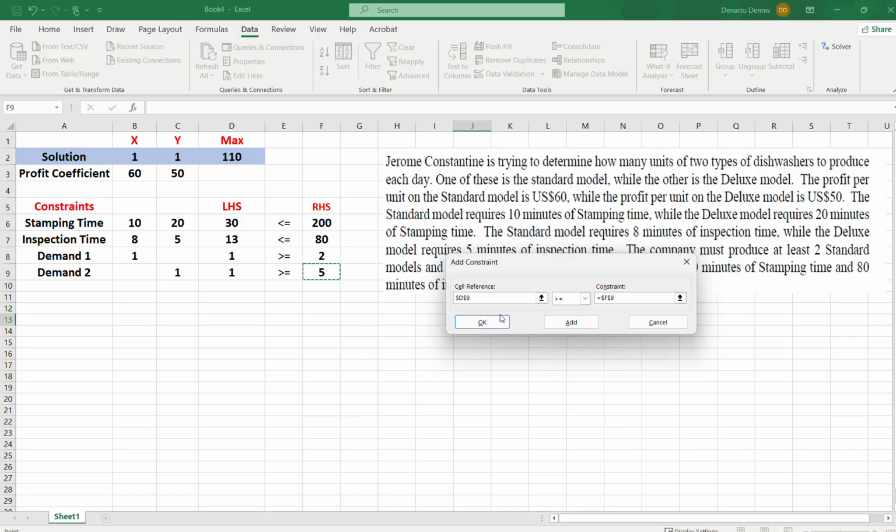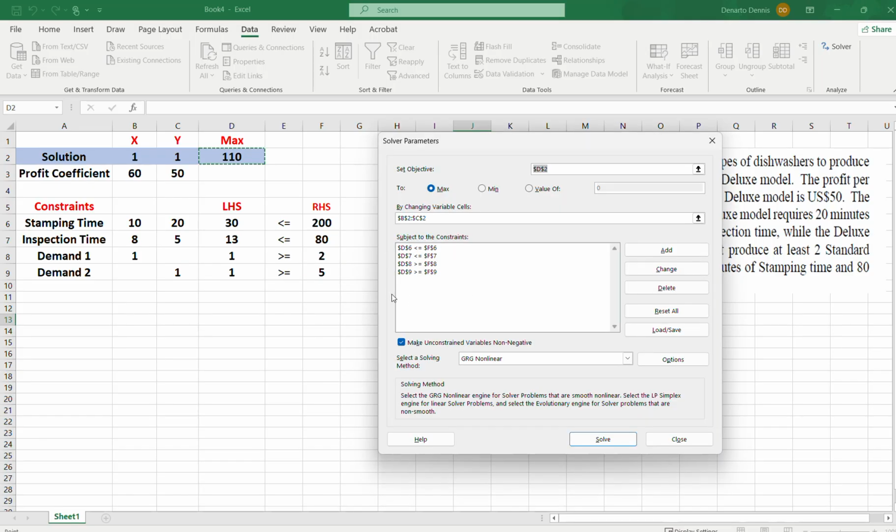And we've finished all of them. So now that we've specified all four constraints, we click OK. Here they are. If you wanted to change any of them, you can just highlight it and click change. Or if you wanted to delete, you do the same thing, highlight and delete. Okay, so we have satisfied all the conditions here. We have specified the set objective, we have specified the changing variable cells, and we have specified the constraints,